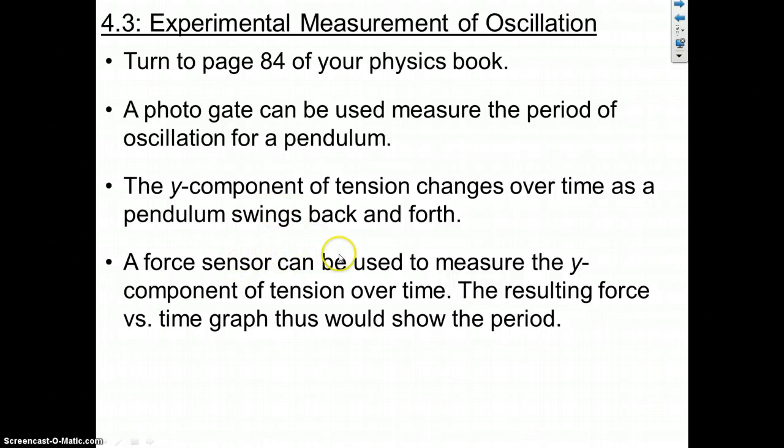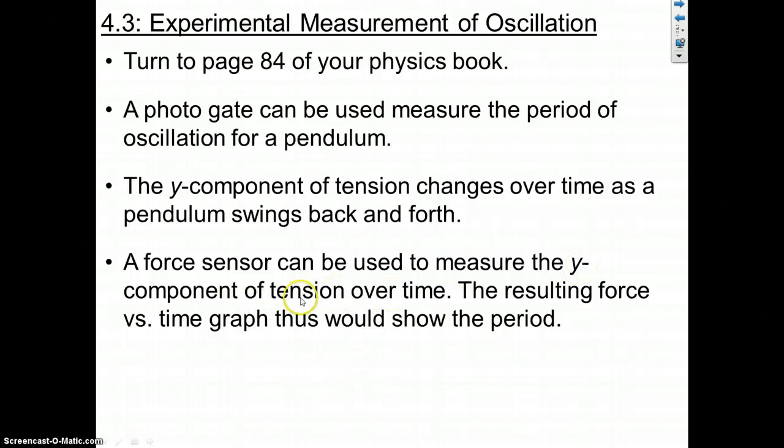If we connect a force sensor to the top of the string, as you see in your picture, so that the top of the string is connected to the force sensor and the bottom of the string is connected to the pendulum bob, then we can use that force sensor to effectively measure the Y component of tension. Readings are collected by the force sensor over time, it logs values of force as time progresses, and it creates a graph. So the resulting force versus time graph would show us the period, because we could identify when the Y component of tension is biggest,